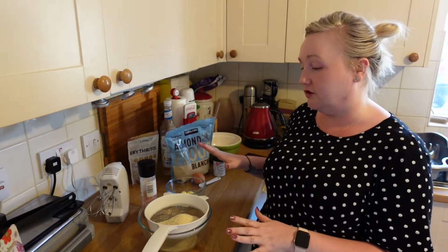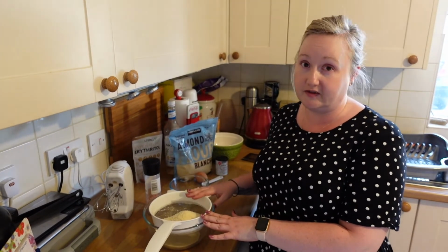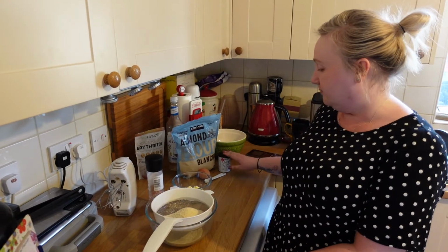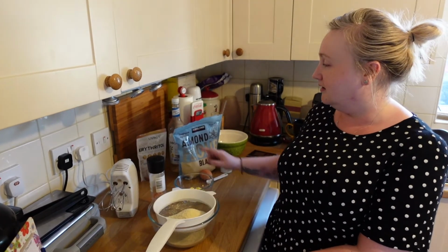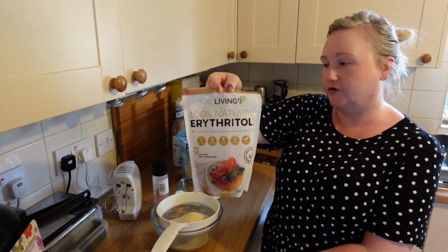So the ingredients that you're going to need for this is 140 grams of almond flour, but you need to sift this so it's light and fluffy. Half a teaspoon of baking powder, 1 large egg, 70 grams of butter, 80 grams of brown sugar substitute, so the brown erythritol,